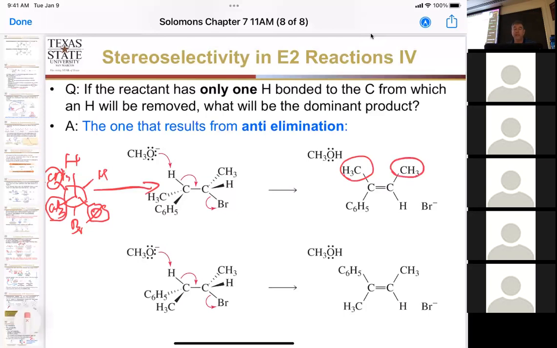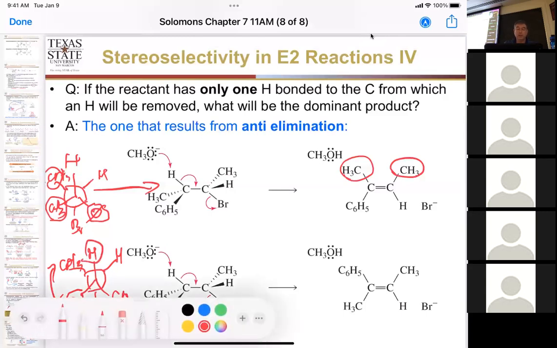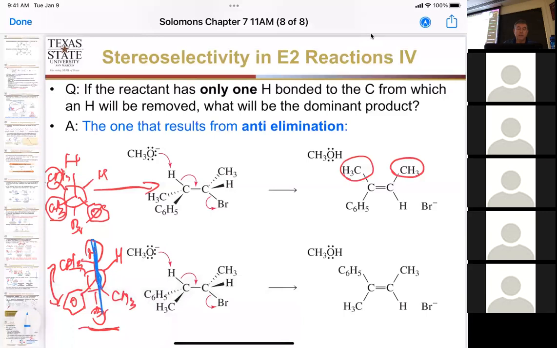Okay. So, but if we had the different isomer right here, we again would draw a Newman projection. We have our up there, our CH3 is here, our benzene ring is down here. Look at our back side here, we have our hydrogen, we have our methyl group, and we have our bromine down here. So that means that we're going to have the phenyl and the methyl on the same side in the final product. Okay. So drawing these Newman projections and getting the two leaving groups anti-periplanar to each other is the best way to get the correct isomer of your